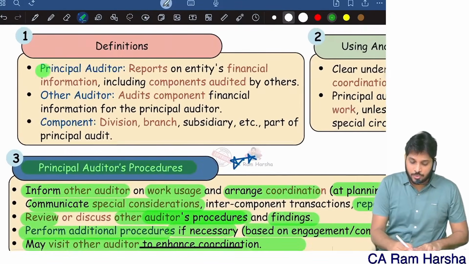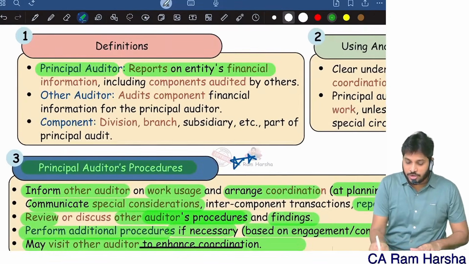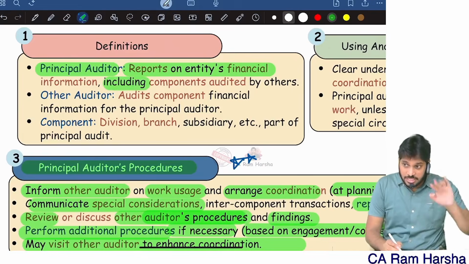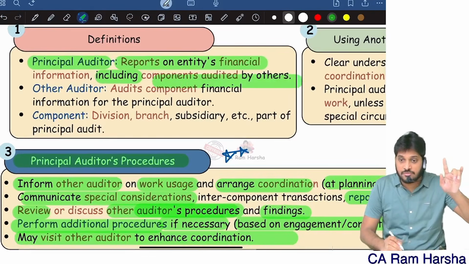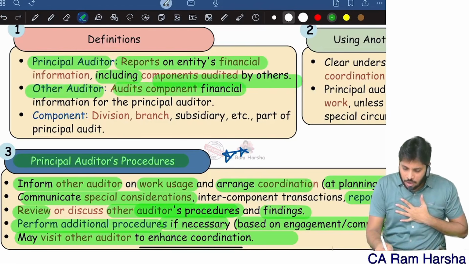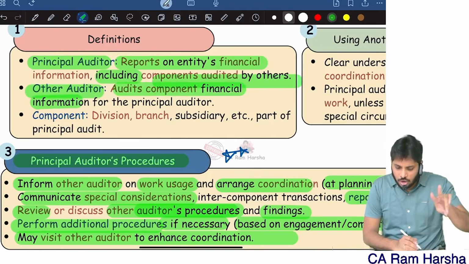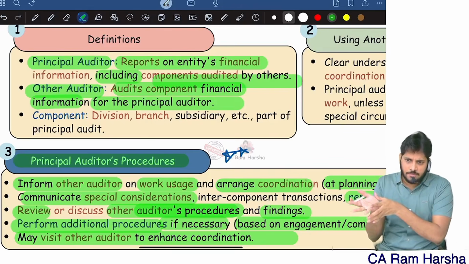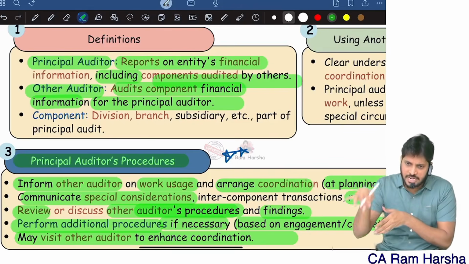Who is a principal auditor? He is an auditor who is reporting on entity financial information. Entity financial information includes components' information which is audited by others. Who is the other auditor? He is a component auditor who audits component financial information, where that information is included in financial statements audited by the principal auditor.